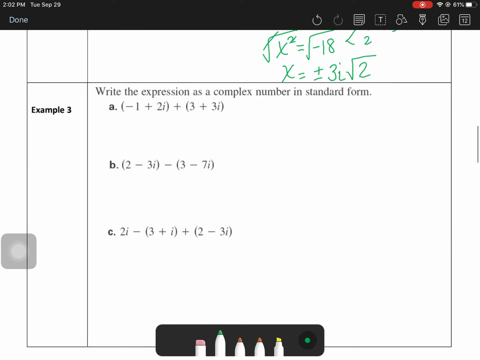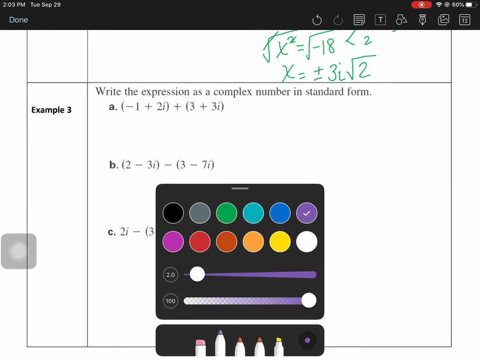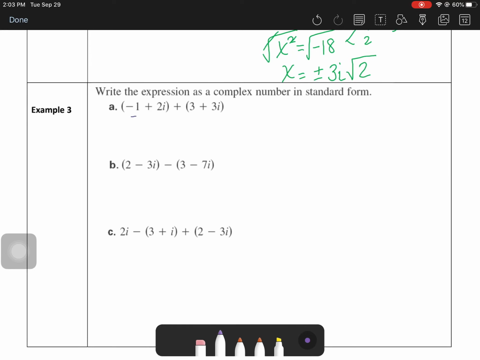When we combine like terms with the i's, what we want to remember is that we simply combine the real parts. So -1 plus 3 would be 2. And then we combine the i's. 2i and 3i is 5i. In the next example,